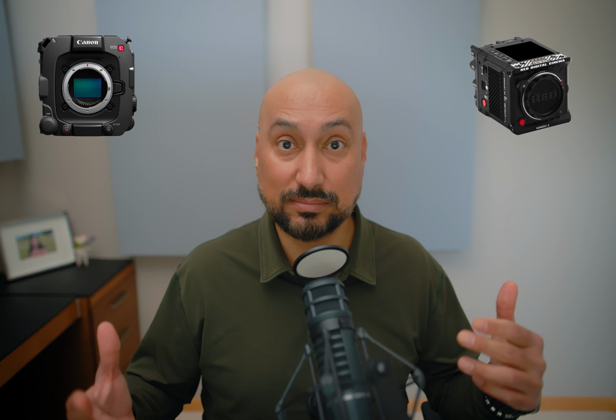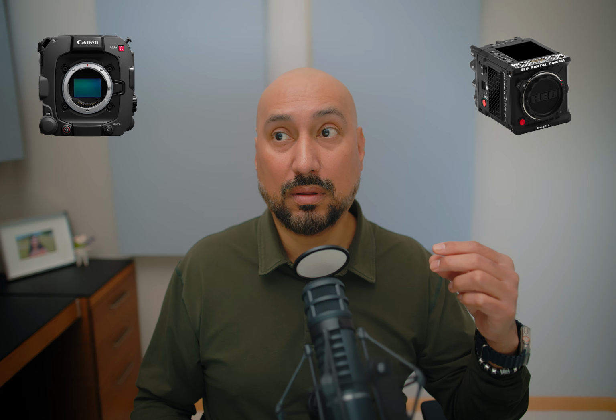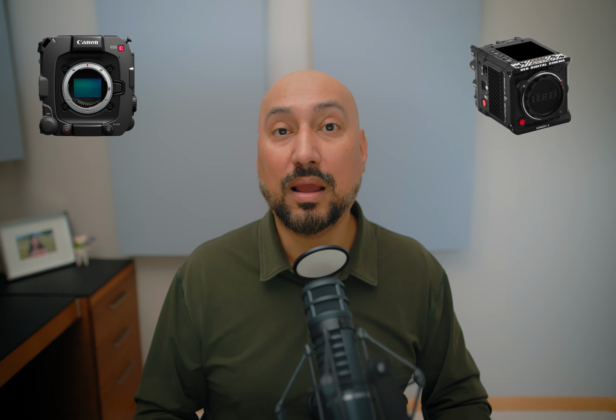Let's talk about autofocus, because clearly Canon is going to win, right? If you're using Canon lenses, you're going to get a better autofocus experience out of the C400, when and if it ships, versus the Komodo X. But I would argue that the Komodo X autofocus, if you're doing things like interviews, stand-ups, product shots, live events where somebody's talking, say, on a podium or something like that, like a presentation,